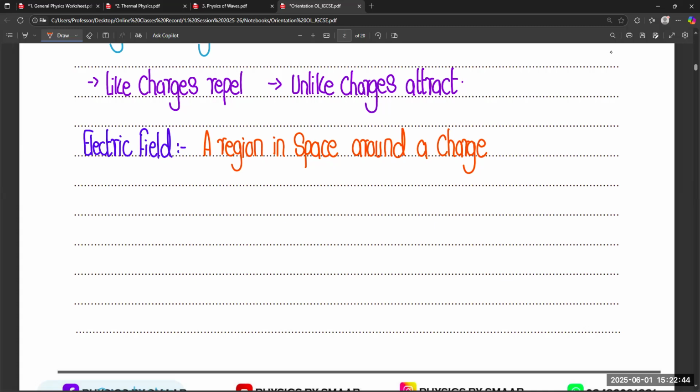So a region in space around a charge, when another charge experiences